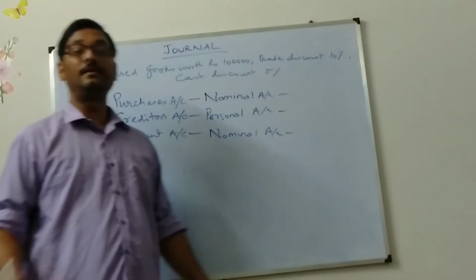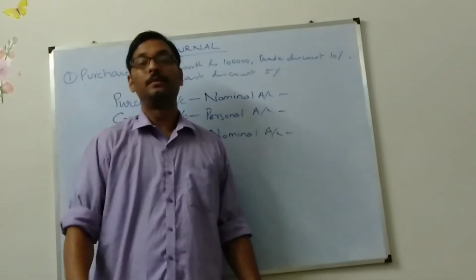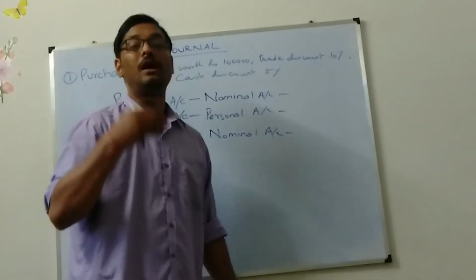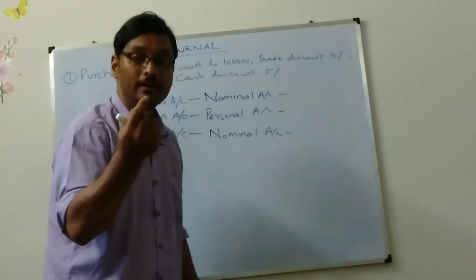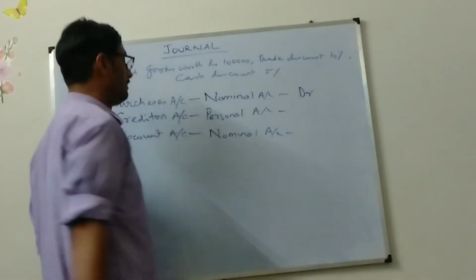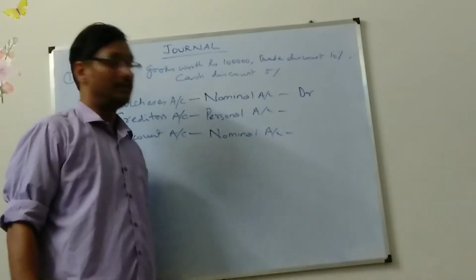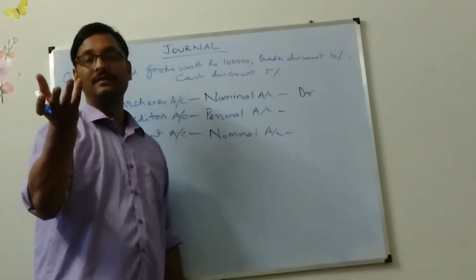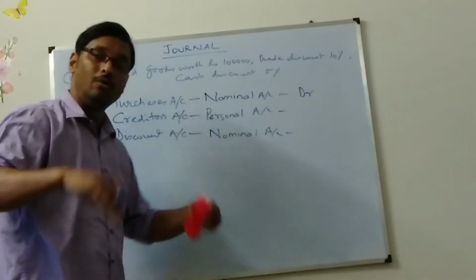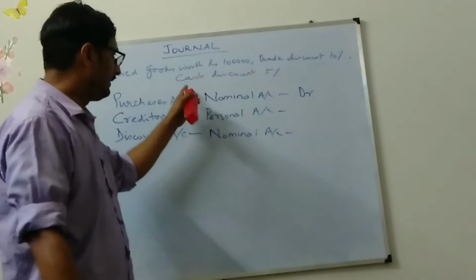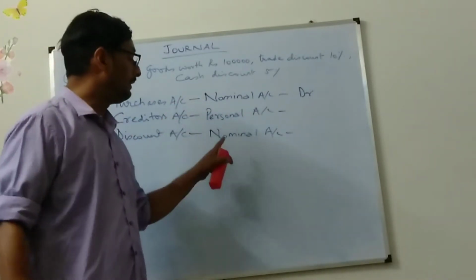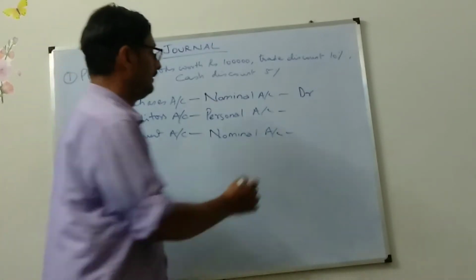Purchases is what? Is purchase your expense or income? When you are buying something, you need to pay money. When you are paying money, that means that is your expense. So expense will be what? Debited. So it is debited. Same thing applies to discount. This is also a nominal account. Debit all expenses and losses, credit what? All incomes and gains. In this case, you are getting discount. That means it is an income. When it is an income, it will be what? Credited. So credit.